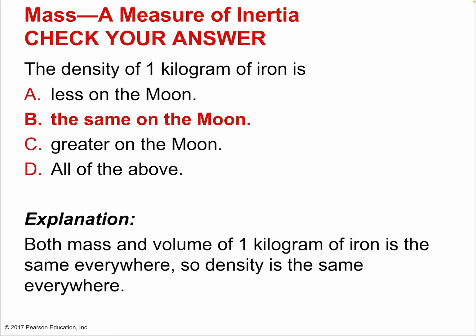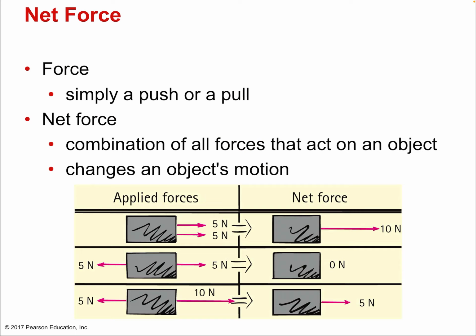Because volume and mass are independent of gravity. It was only weight that depended on gravity, and it's only gravitational pull that changes between Earth and the moon. Okay? And again, we'll get into the reasons for that in a later chapter, why there's less gravity on the moon, but suffice to say it's because the moon is smaller. Okay? Okay, so we've established really our first unit, our first physical quantity, the kilogram.